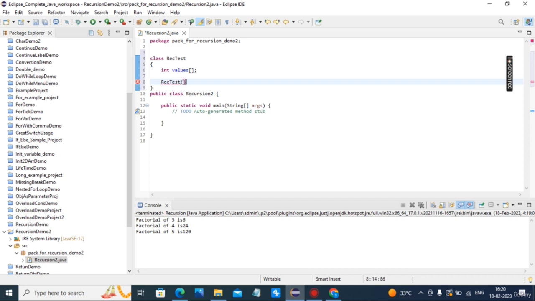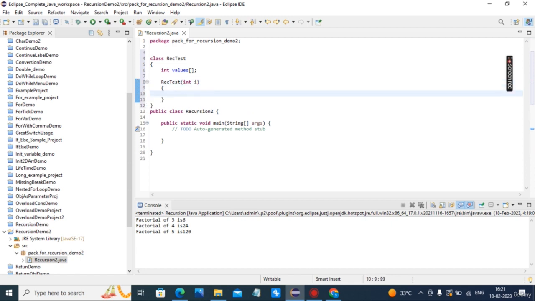Test int i, parameterized constructor, values is new int of i.